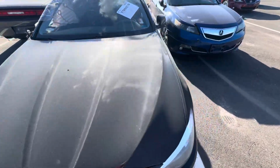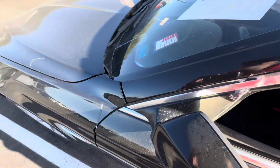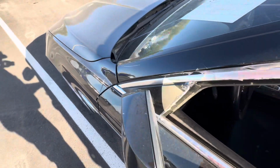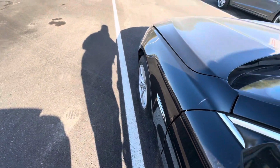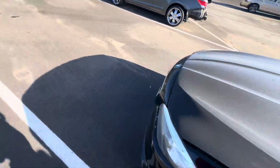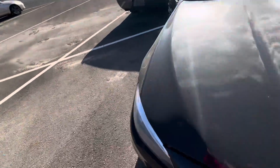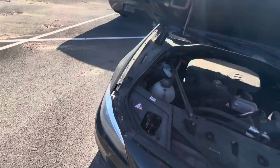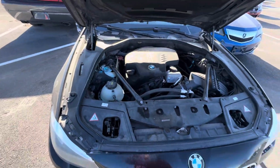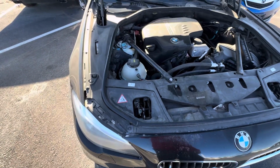Let's take a look under the hood. It says no. Huh. It says it doesn't run and drive, which is interesting to me, because it should. There's the Nissan you can see over there in the distance we're going to take a look at. That'll be at the end of the video, because it's up there in the Buy It Now section. They just dropped it up there after I got done looking at that BMW, so...